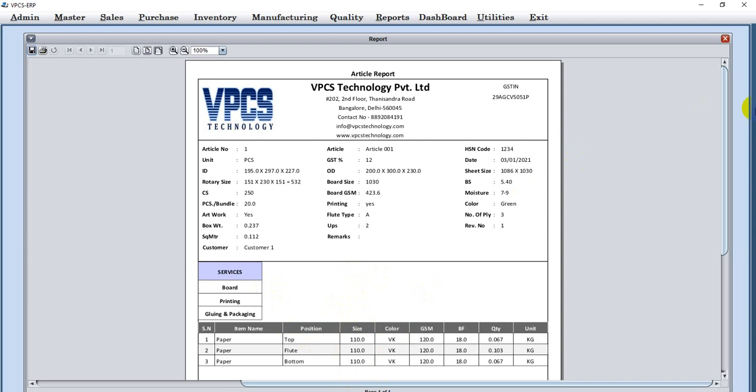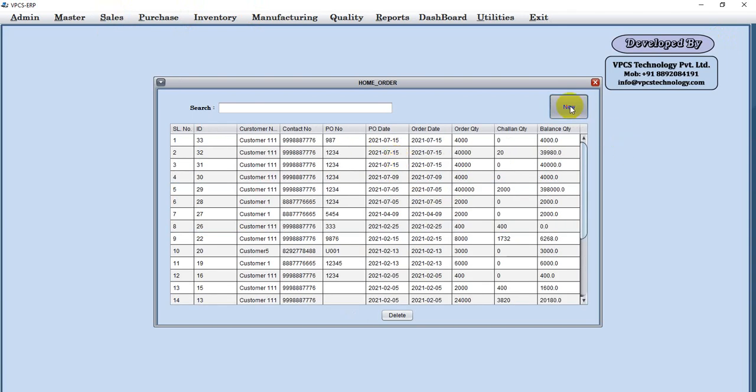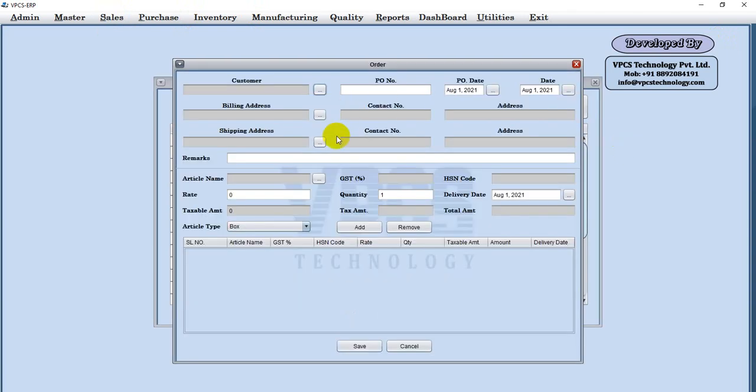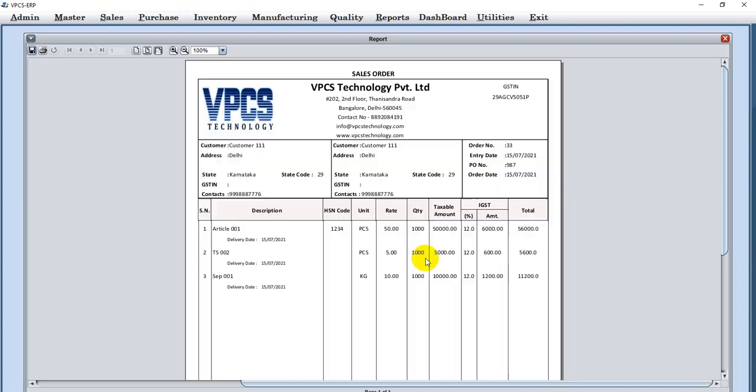Then after creating the article, you will get an order from the customer. From here we may create an order. This is the new button. I will not create a new one, I will just open one which is already created. This is one sales order. Okay,